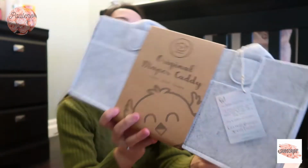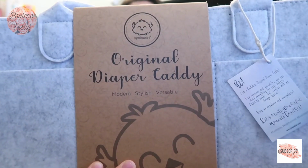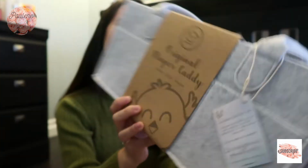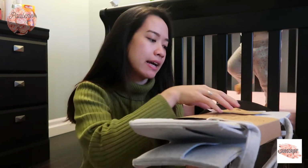And it says original diaper caddy, modern, stylish, versatile. Aww, I love it. Also, aside from this beautiful cardboard with its name, it also has